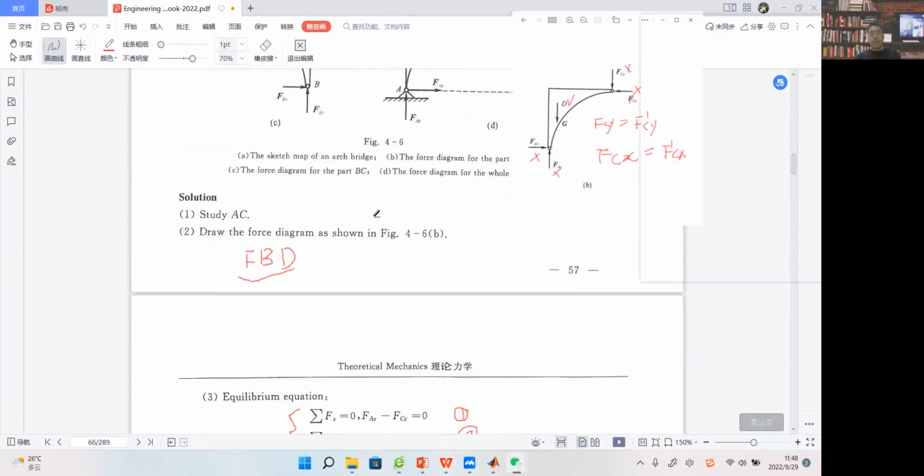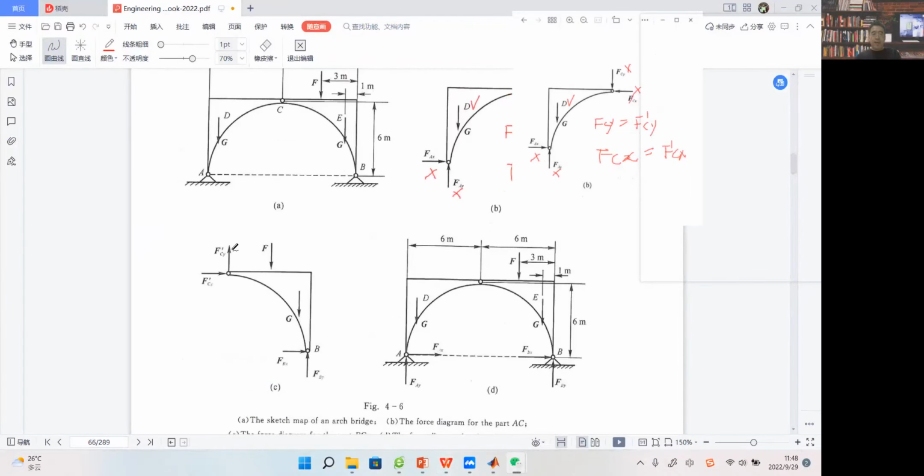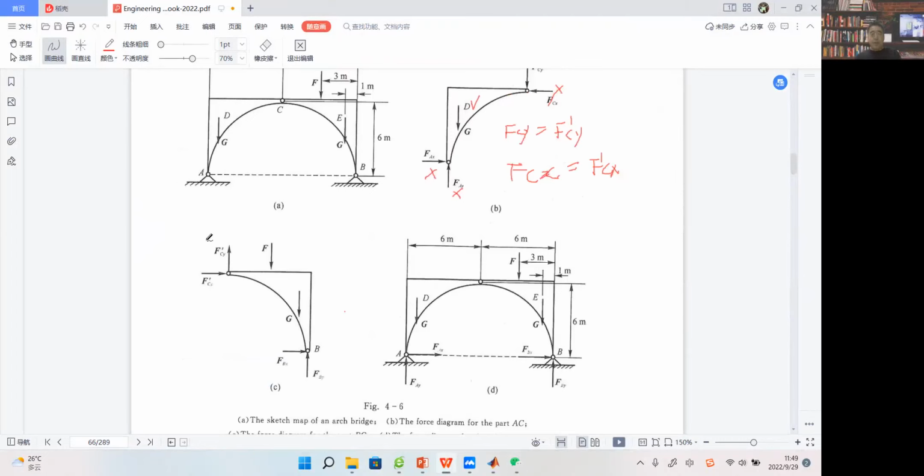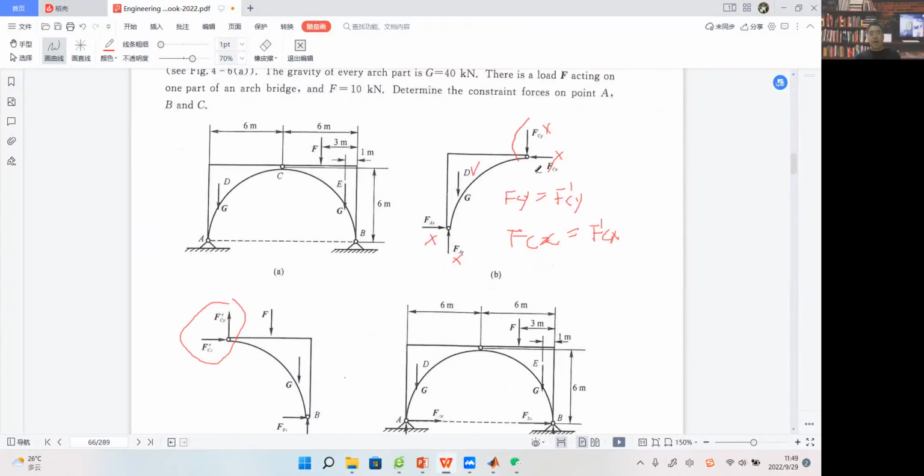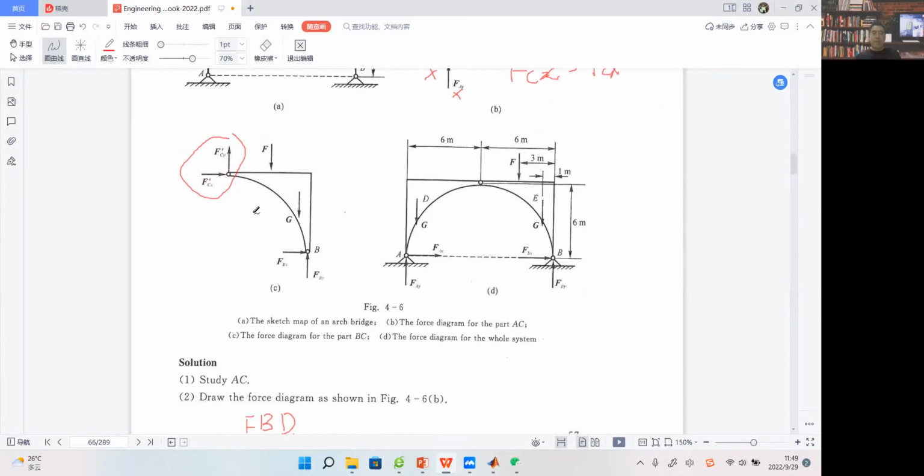Which relationship? Because these two forces and these two forces are two pairs of action and reaction forces. So when we, according to this picture, give another 3 equations, actually we have 6 equations,